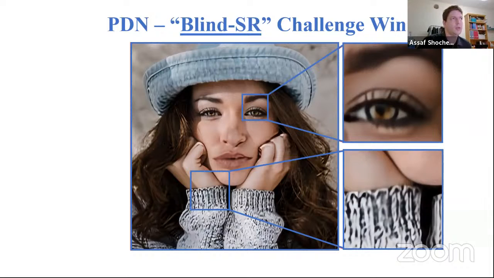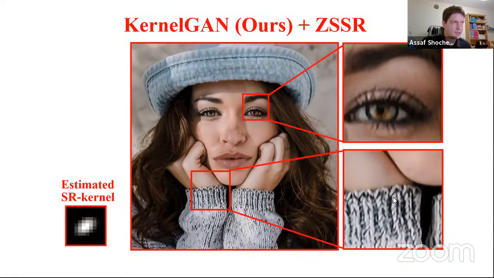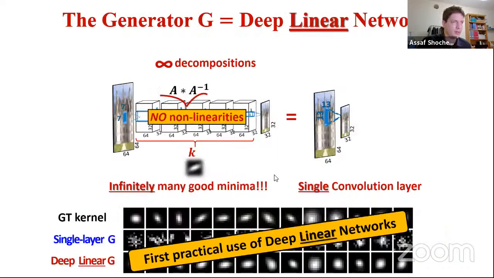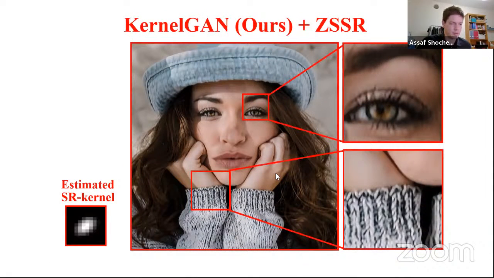So what I'm showing you is a comparison of our results with respect to the winners of the blind super resolution challenge that they have every year at CVPR. Specifically this is called PDN, and this was made for blind super resolution. So we have this image here, and it was downscaled with some unknown kernel, and this is the PDN result. And you can see that using our estimated kernel,